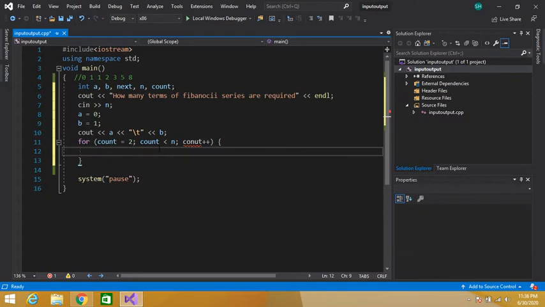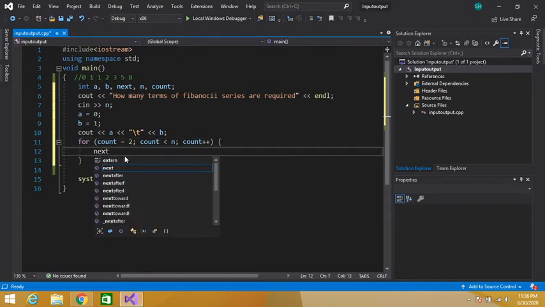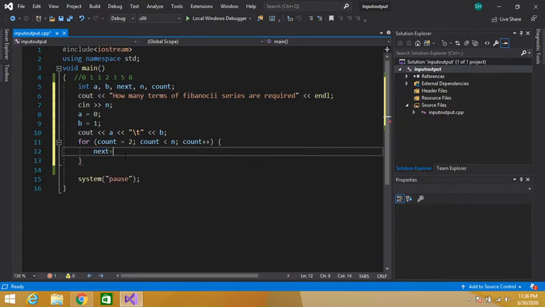Then this is the body of our for loop. Next is equal to a plus b.